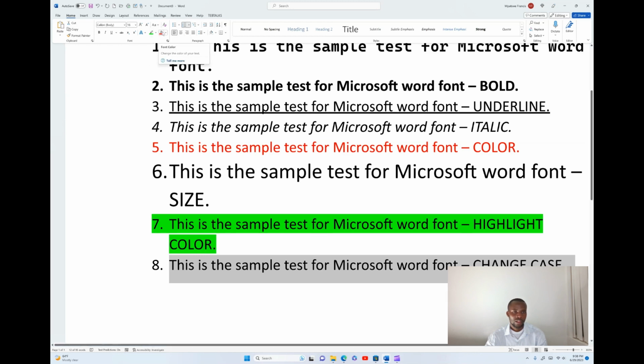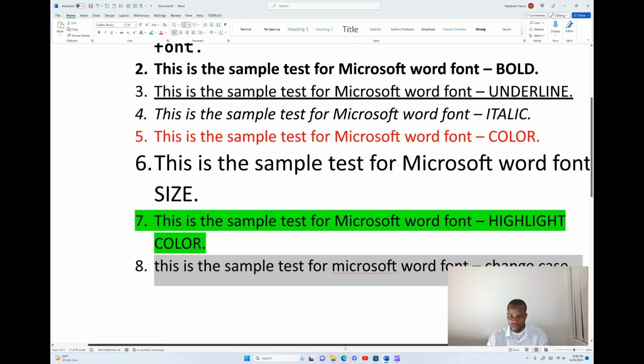Then you see the first one is sentence case, which is always the default. Whenever you are writing a paragraph, it is always in sentence case, where the first character of the word that starts a paragraph will be in capital letters, while others will be in small letters, unless you have a special word like Microsoft, which is a keyword or a special word in the software. That's why by default the first character will turn into a capital letter. But you can also change this to lowercase. Lowercase will turn each and every word